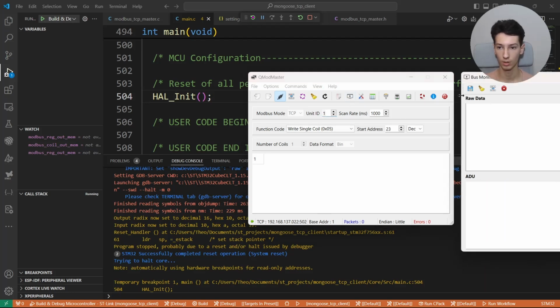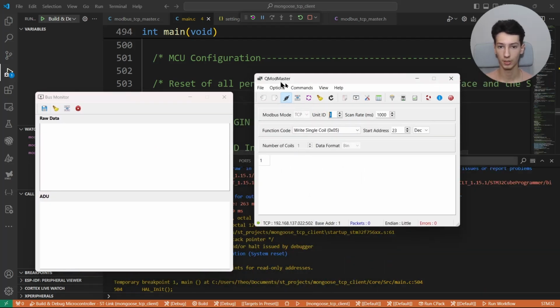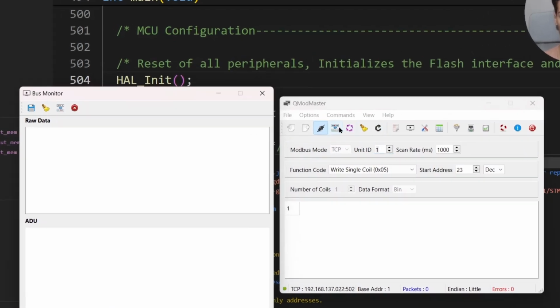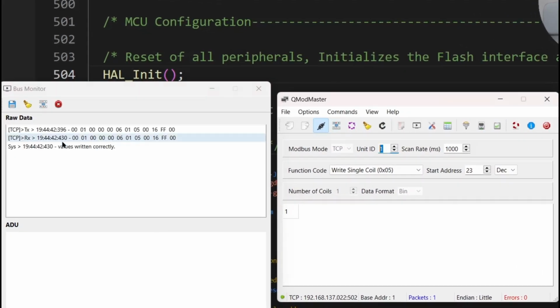Actually I need to open the bus monitor to show you how exactly the commands will look. So then I will basically write, and values are written correctly. And if we start to debug the payload themselves, you can see that they are basically signed properly. We have here the FF and the 00, meaning that we have to set the respective coil to the value